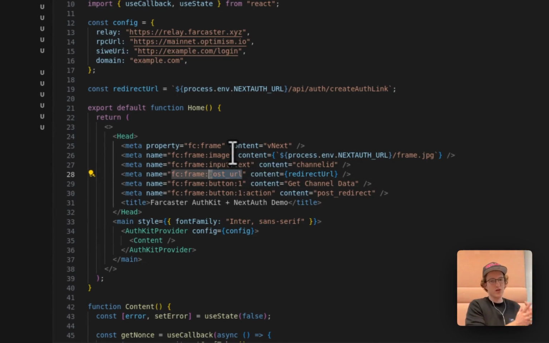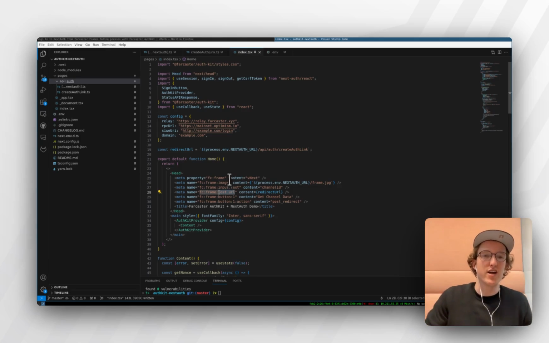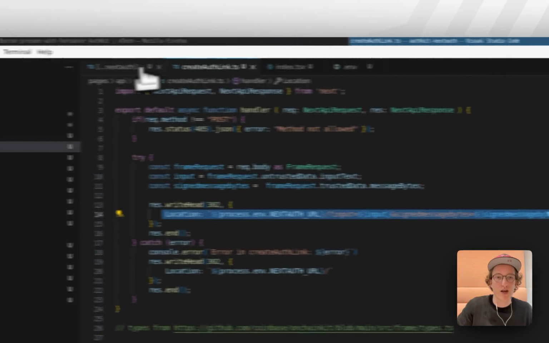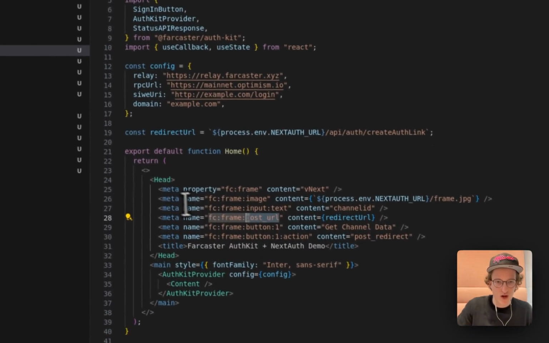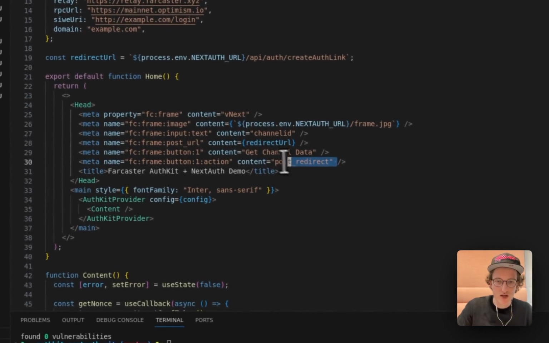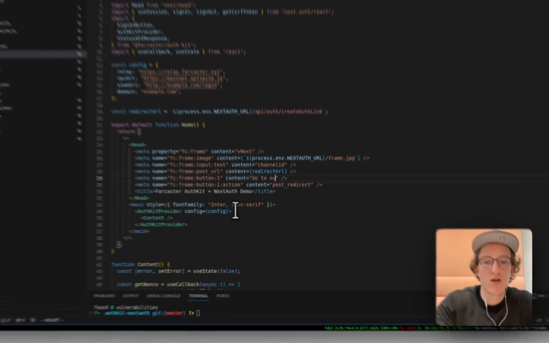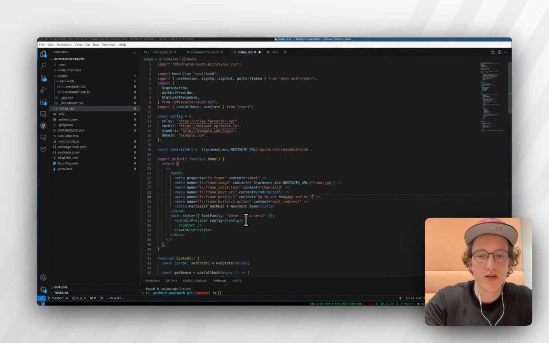And because we already talked about it before, the post URL is where the frames client, the Farcaster client, Warpcast, Supercast, whatever, is sending our requests. We know that we can handle it. We'll get it here. We will just do this new link, send it back. And then in our frame, this actual button action, the redirect, we could name this go to our web page and be logged in. Yeah, this could be our button name, or it just could simply be login,